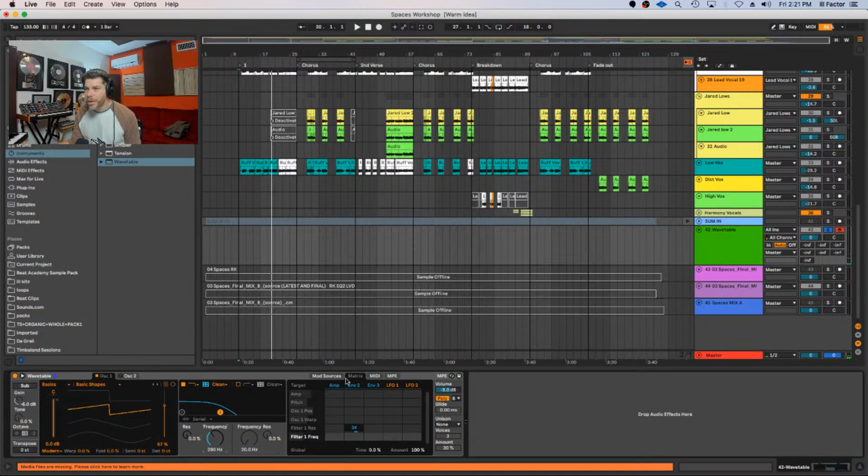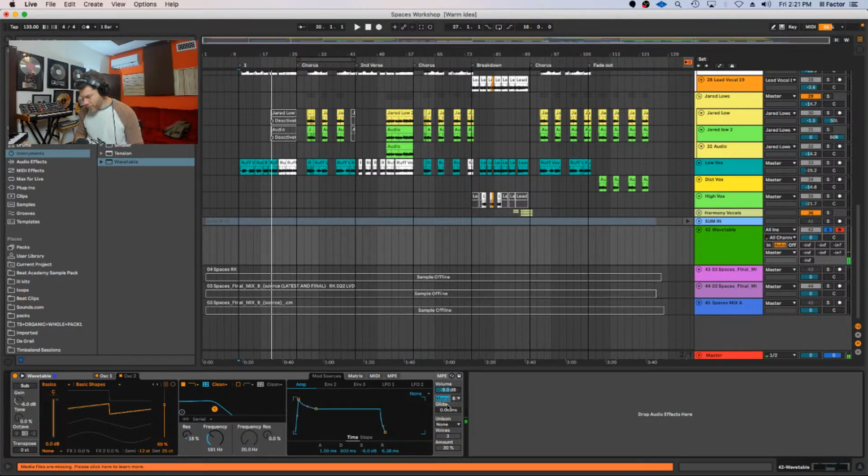All right, that's the note that she was playing. And then go here to the envelope and bring the sustain down. And let's put our second oscillator also to the sawtooth, and this will go a whole octave lower, and start to detune this. Right? And then shorten this, so you got a short decay. And bring it right down here. And change it from polyphonic to mono. And then adding a little bit of unison.